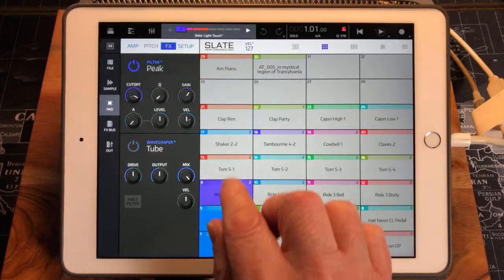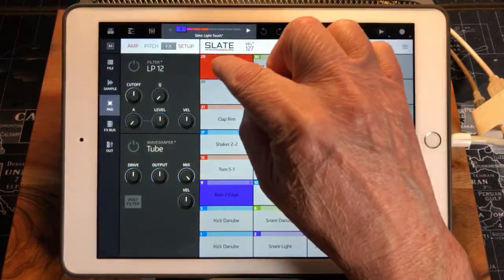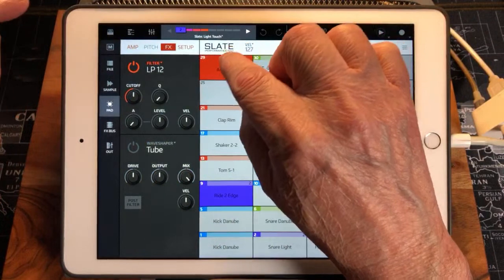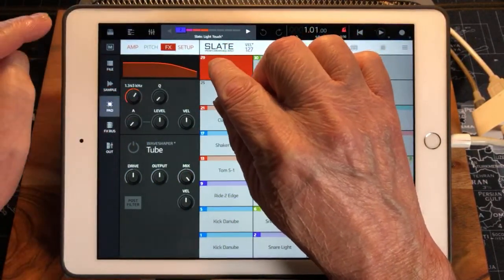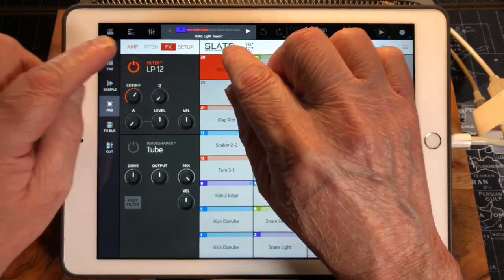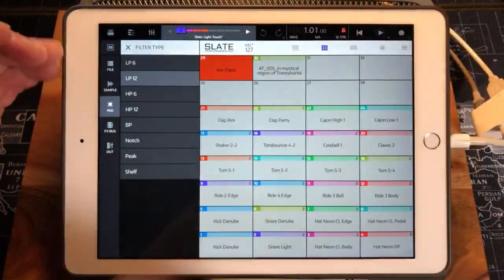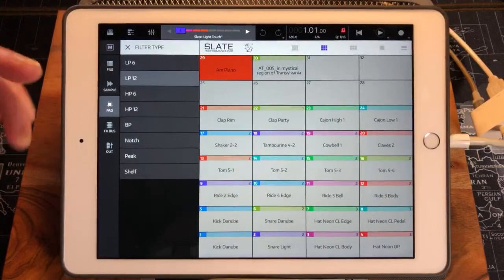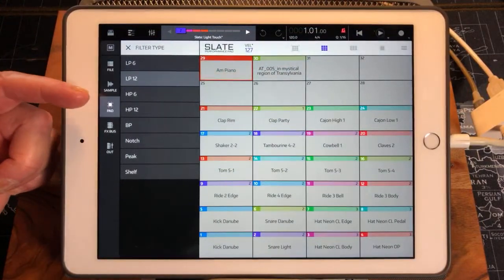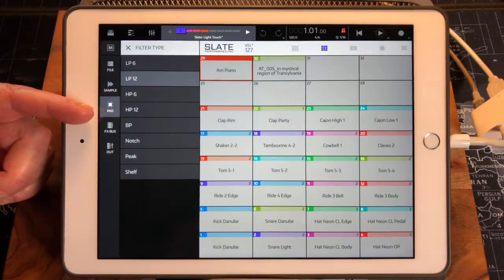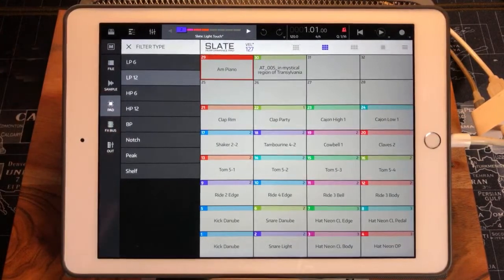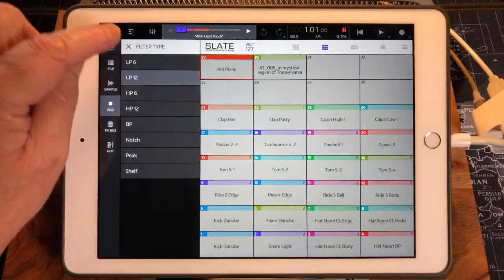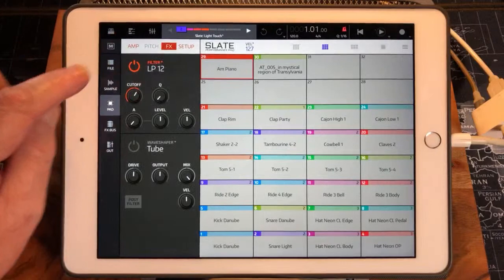Now if we go to effects, effects on the pad level are slightly different. You have more than one filter. You have low pass, looks like 6 dB low pass, 12 dB low pass, 6 dB high pass, 12 dB high pass, a band pass, a notch, a peak, and a shelf. So again, per pad, we leave on the low pass 12. And then you have complete